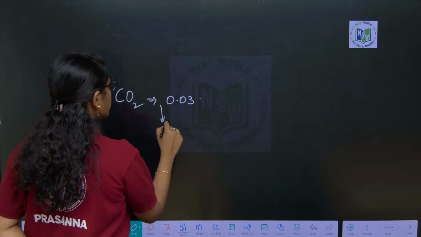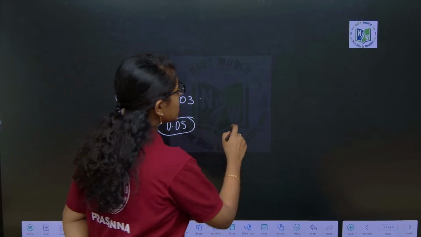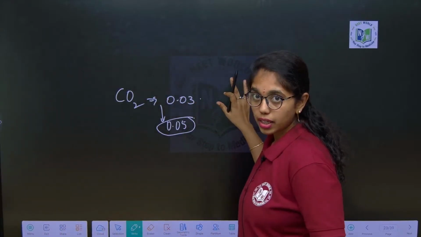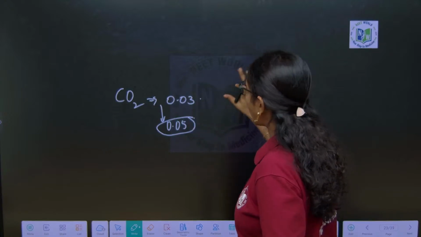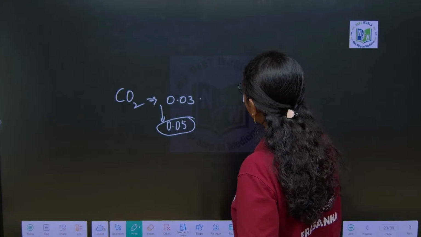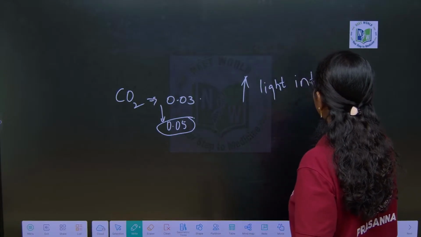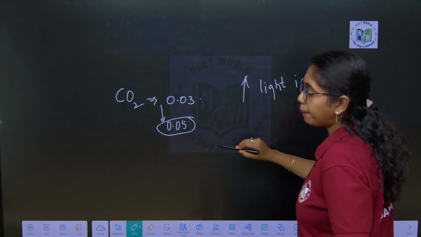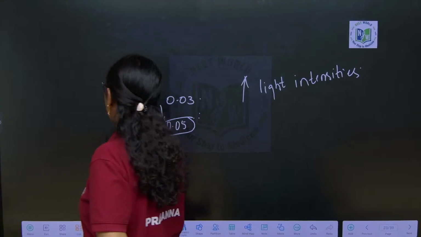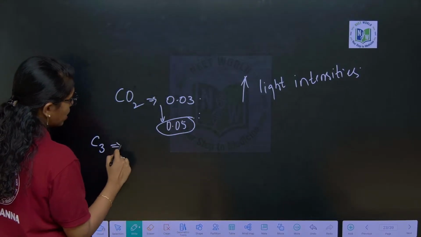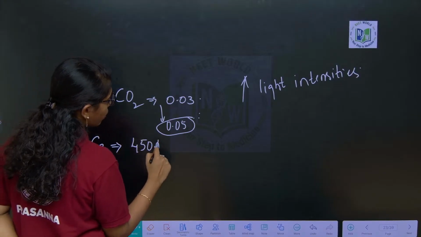As you increase it to 0.05% and above, the rate of photosynthesis increases at high light intensities. At low light intensities, even if you give high carbon dioxide concentrations, the plant will not respond. Carbon dioxide concentration will have an effect only at high light intensities, up to 0.05%. So here you have to remember, for C3 plants, the carbon dioxide saturation point is up to 450 microliters